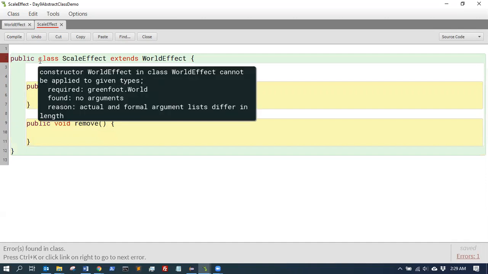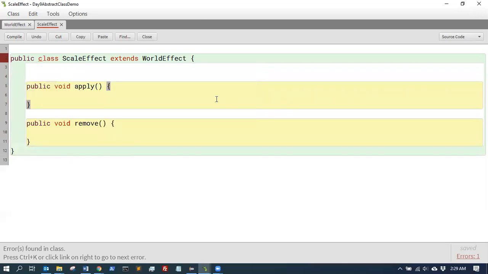If I hover over this thing, it's maybe a little bit confusing. It says constructor WorldEffect in class WorldEffect cannot be applied to the given types. Required Greenfoot.World, found no arguments, actual and formal argument lists differ in length. Okay, so what it's really saying is that